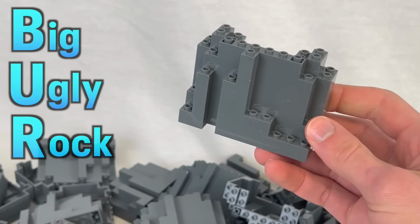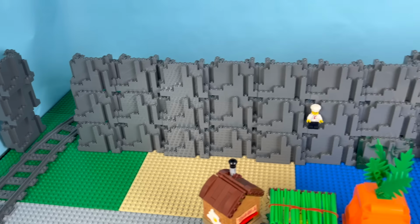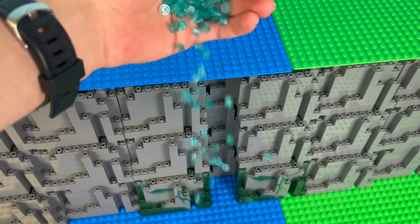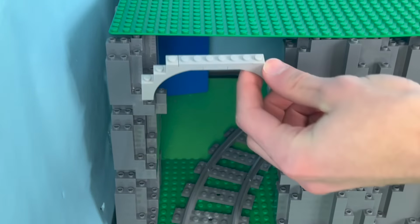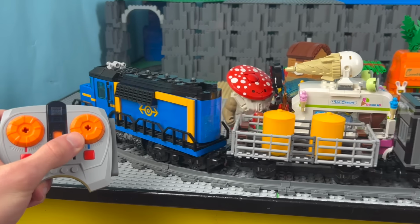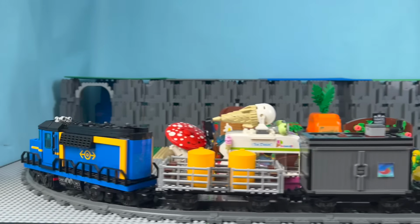of these big ugly rock pieces, or burps, and raised up this massive cliff across the table. This creates an elevated portion up here for future houses to go, a waterfall we'll have to build at some point in time, and best of all, a train tunnel. I even got some spare electronics to get it up and running again,